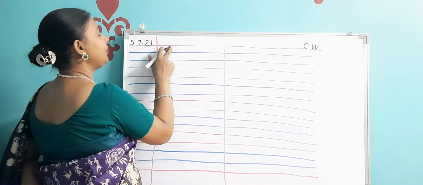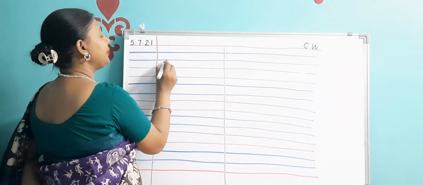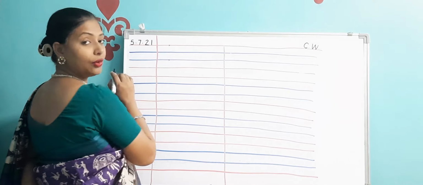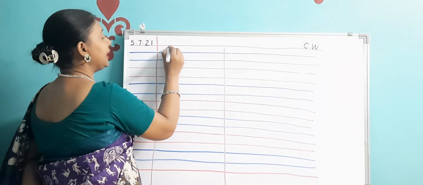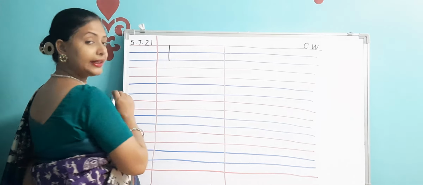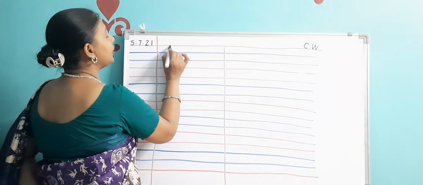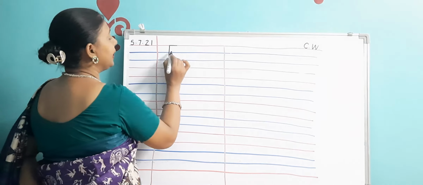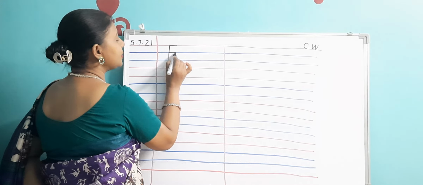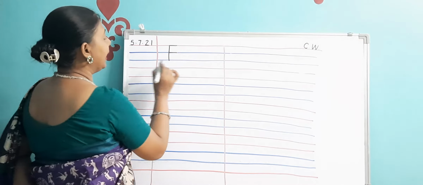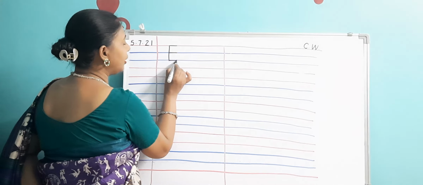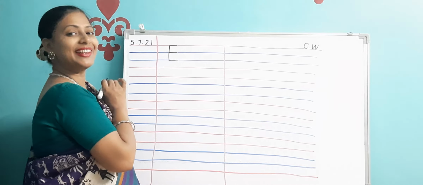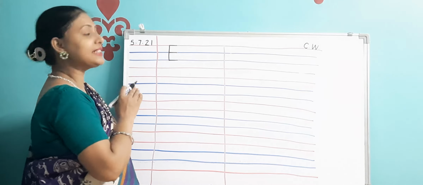We start from the first line, from the first line till the 3rd line. This is your first line with 1, 2 and 3. So from the first line till the 3rd line you will draw a standing line like this. Then come back to the first line and draw a small sleeping line. Then again come to the second line, again draw a small sleeping line like this, and then again come to the 3rd line and draw a small sleeping line. So now what has it become? It has become E, alphabet E.